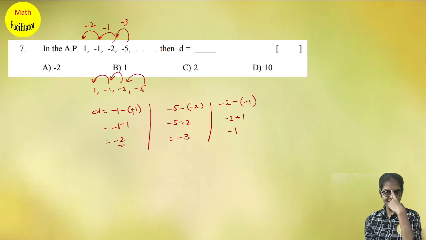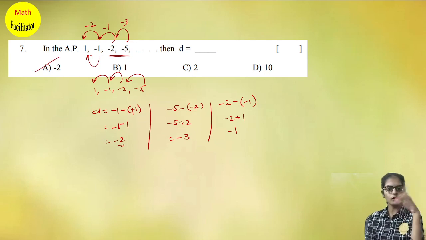Here I think there is a mistake in this question. Common difference should be the same. So I find here it is not same. So there is some mistake in the question. But usually what the examiner wants you to do is, if in the exam paper you have any question like this where you have a doubt, just check these two. So minus 1 is minus 2. Directly you'll get the option. But the question framing is wrong. These two terms should not be given like this.